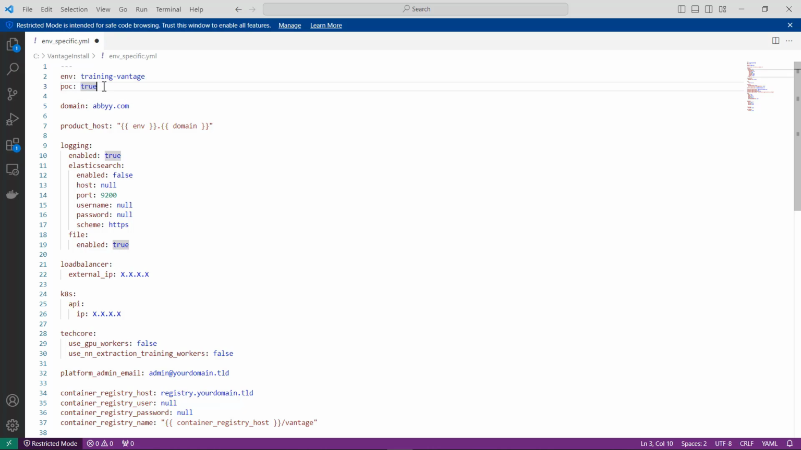There is this POC parameter set to true by default. I'll not change it. POC literally stands for proof of concept and is equal to the without high availability deployment, which is correct for this demo installation. If you deploy the highly available configuration, change this parameter to false. Also, I'm not changing the product host parameter. It consists of two parts, env and domain, divided by a period. And this is exactly the hostname of our future Vantage installation,